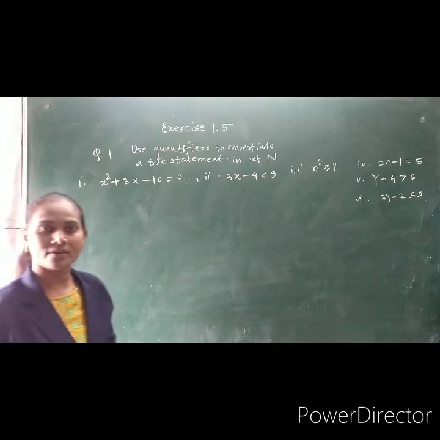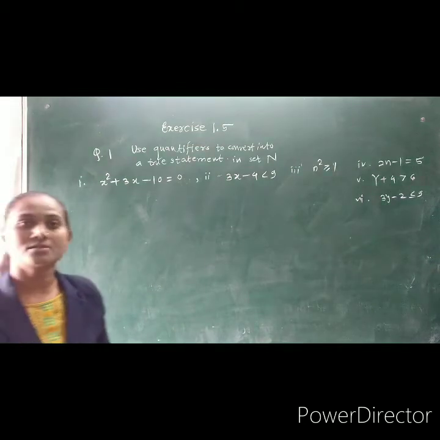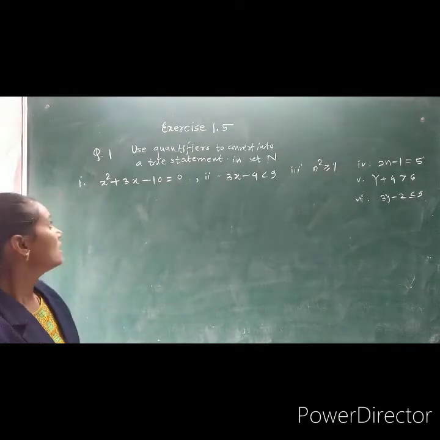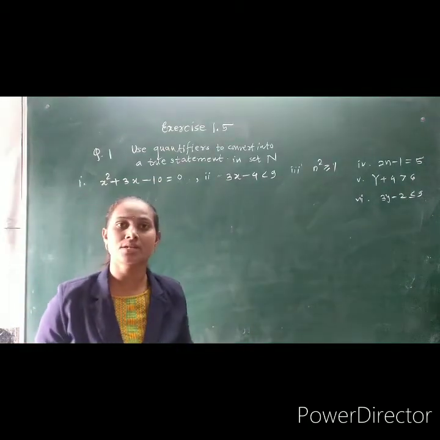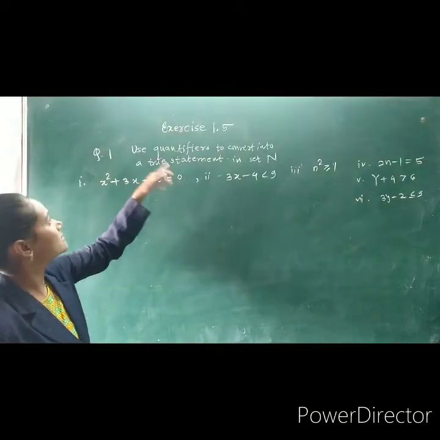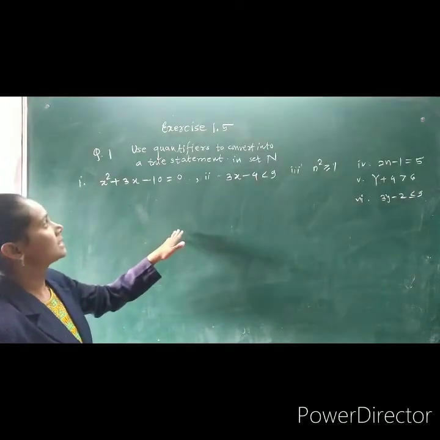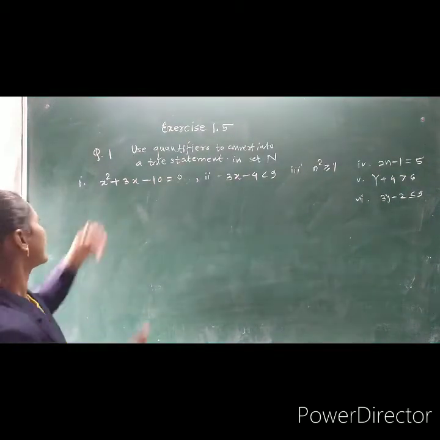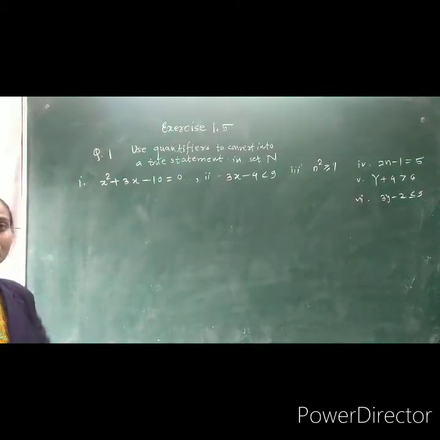First of all, what is meant by quantifiers? There are two types of quantifiers, which we studied in the last lecture. The first one is 'there exists', which is called the existential quantifier, and the second one is 'for all', which is called the universal quantifier. These are open sentences. In the last lecture we studied that open sentences are not statements, but when an open sentence comes with a quantifier, it becomes a quantified statement. Therefore, by using quantifiers we have to make this sentence into a true statement.